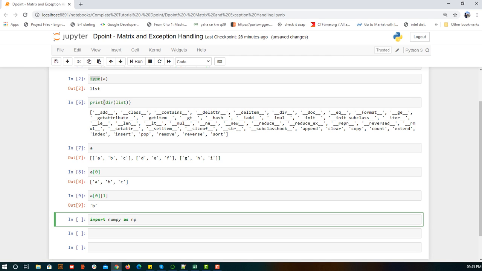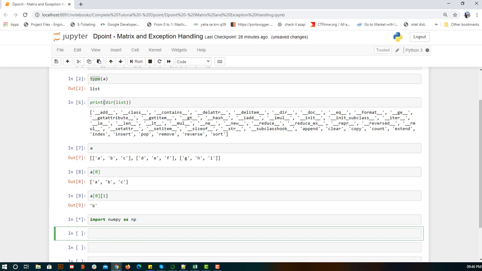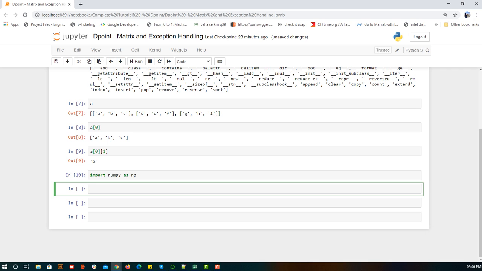This is what we generally use, but you can give anything, like numpy as abc, and then you call the functions of numpy as abc.function1, abc.function2 in that manner. But for now we are importing this. The star means it is loading, it is executing. Okay, now we got this, and now we'll try to create a matrix.